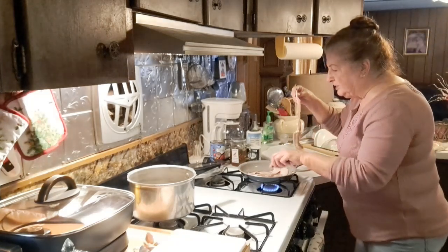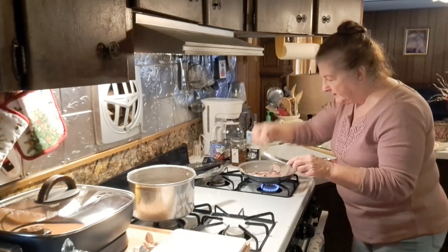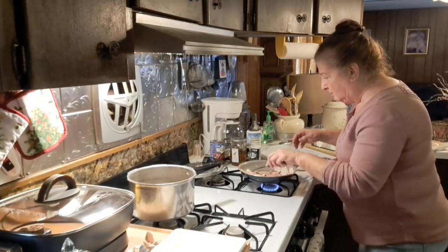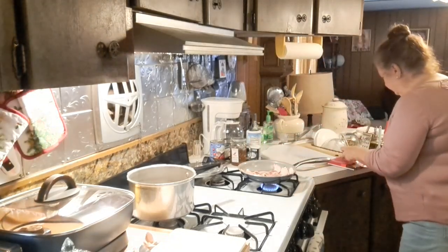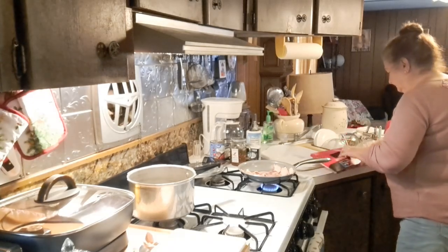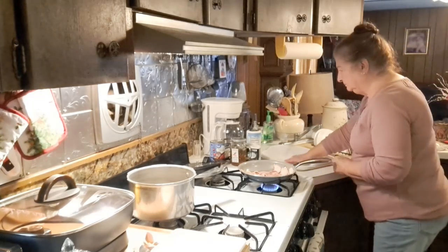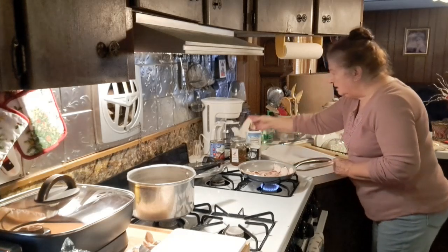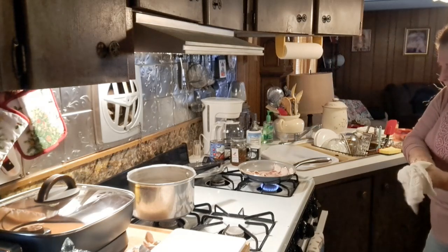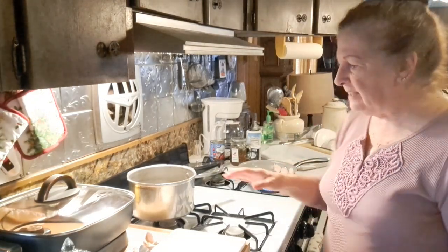And normally I would do this in the pot, so I don't dirty a frying pan and a pot. But for the video, I'm going to do it in the pan so you can see what I'm doing. Now, while that's going,